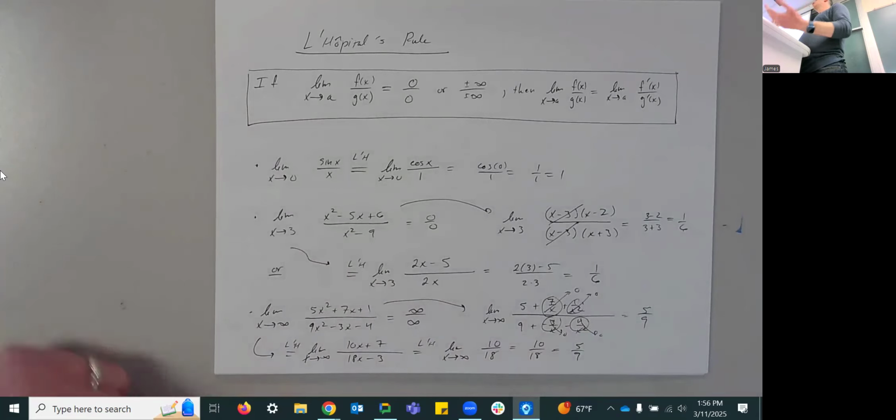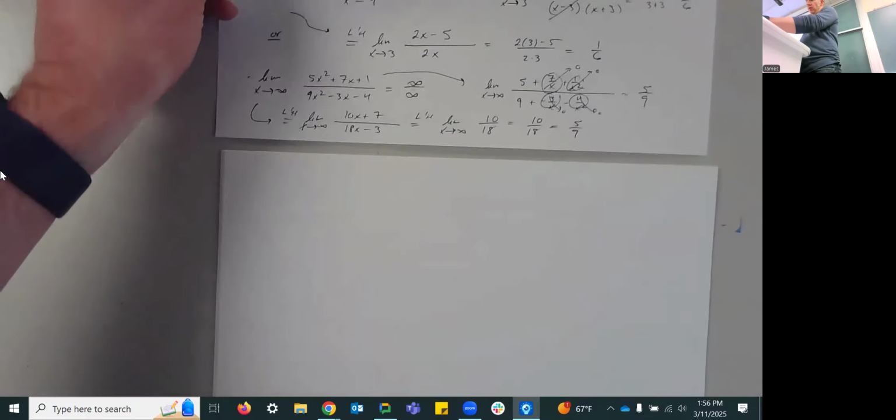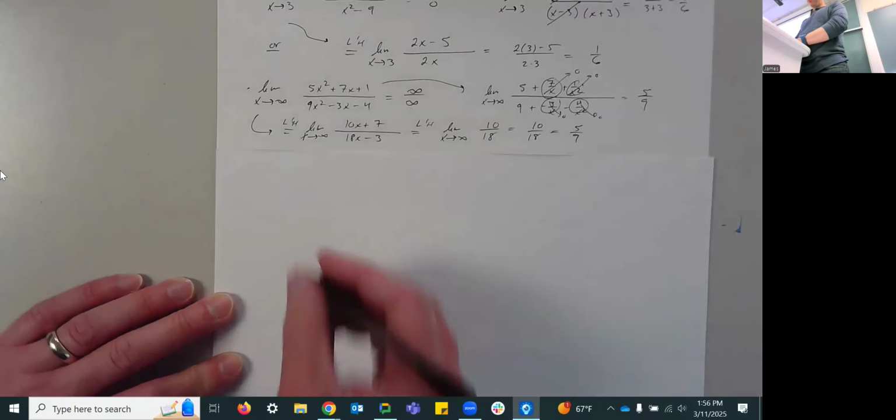And if we could only use L'Hopital's rule for limits we already knew how to do, what would be the point? There's lots of limits where you can't just evaluate them in ways we know. You kind of have to use L'Hopital's rule. Let's look at some examples where we can't just do it this way. For example,